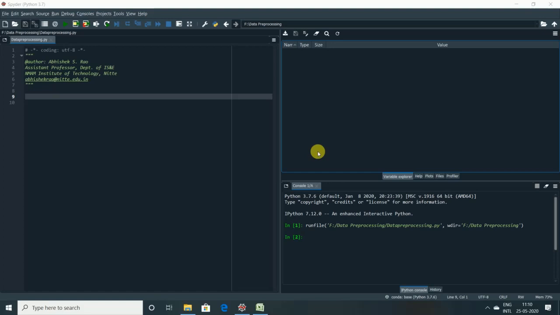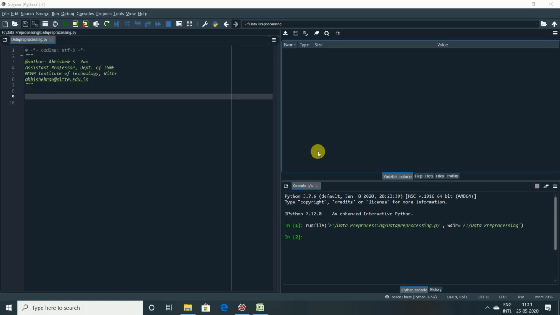So let us begin with importing the libraries. I'm going to import three libraries: NumPy, Matplotlib, and Pandas. As we all know, NumPy will allow us to work with arrays, Matplotlib will allow us to plot some charts and also for data visualization purposes, and Pandas will allow us not only to import the data set but also to create the matrix of features and the dependent variable vectors, right? So now let's import the libraries.